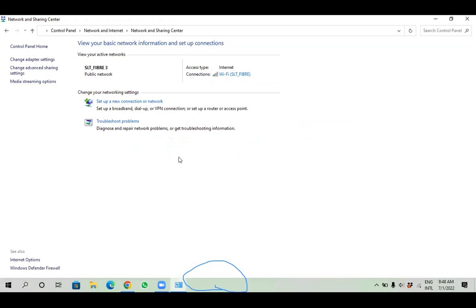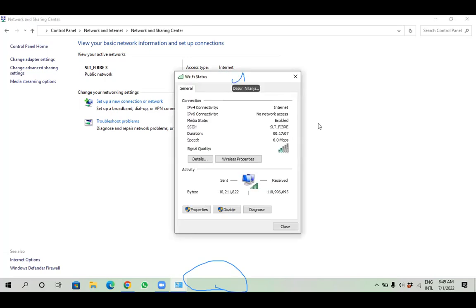Click on that. Just click on the link. And then you'll get this connection settings, and then you can go to the properties of this.